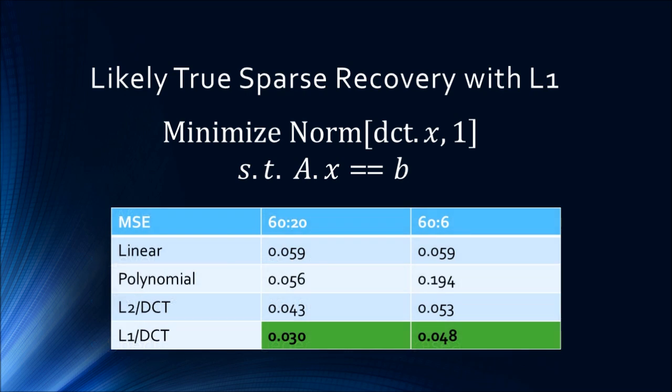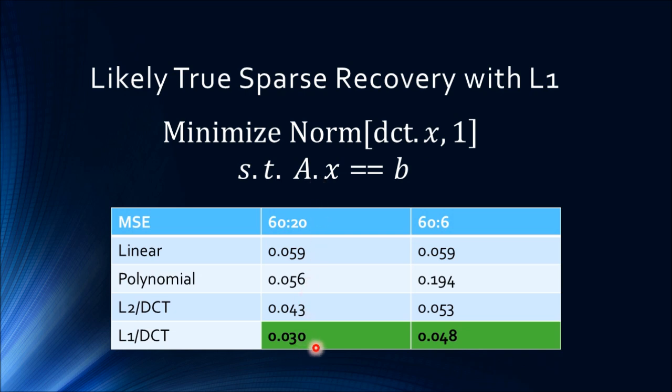How much better? Stunning. So again, we're solving a similar problem. We've collected data b, we've mixed it with A, creating this under-constrained system, so there are a lot of x's that fit. So take the x's for any candidate, give me the spectrum of it, and now give me the sum of absolute values of that spectrum and minimize it. So minimize the L1 norm of the sparsified version of x, and that's the version of x that you use as your final solution. And we plug that in.